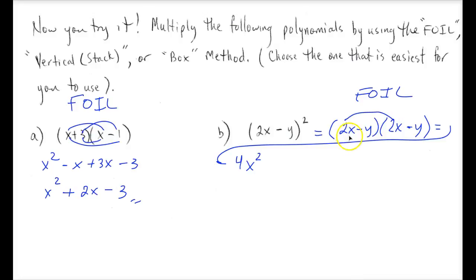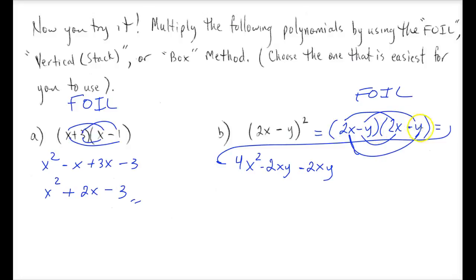And now we want to do the outside. So that would be 2x times a negative y, which would be a negative 2xy. The inside will be a negative y times 2x, which again would just be a negative 2xy. And then negative y times negative y is going to be a positive y squared, because a negative times a